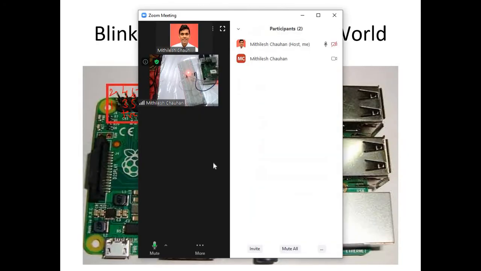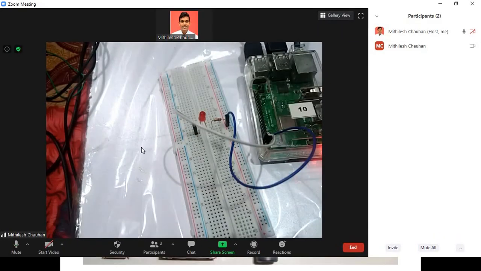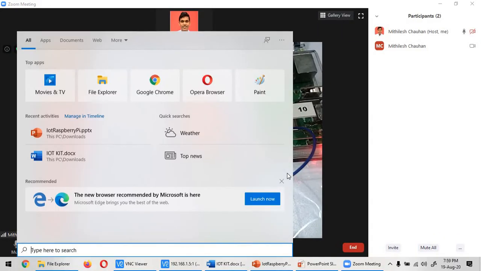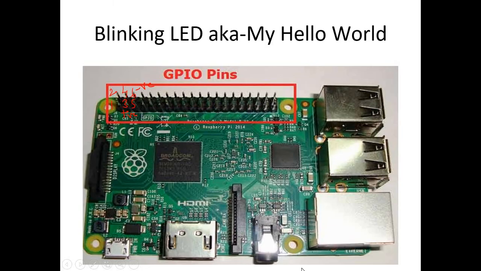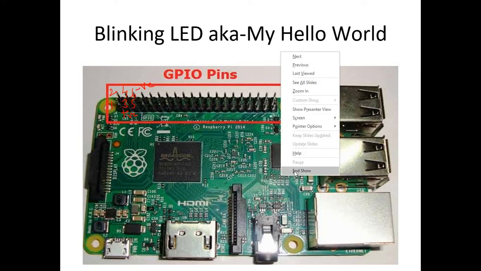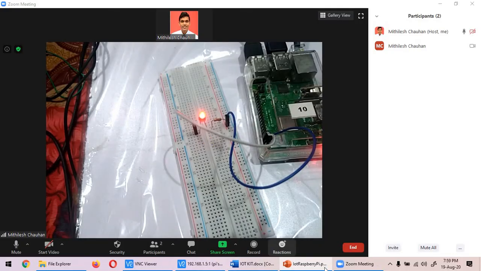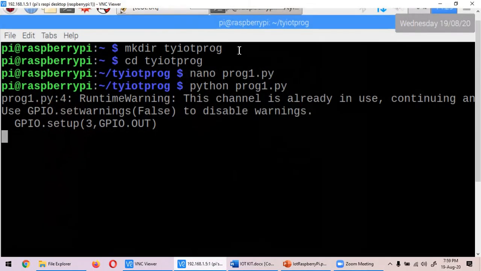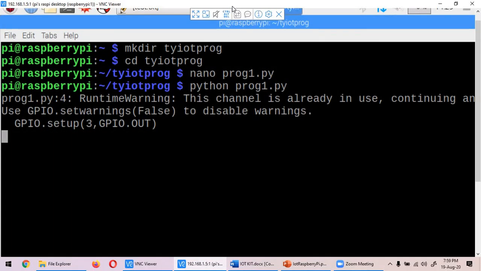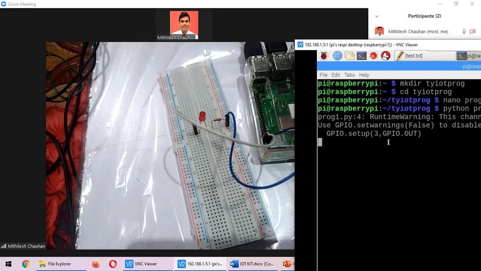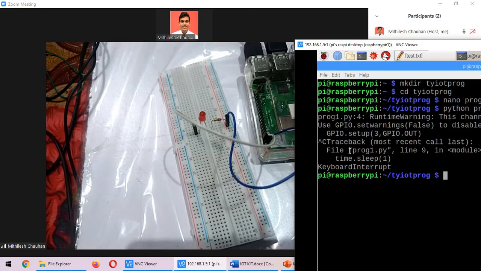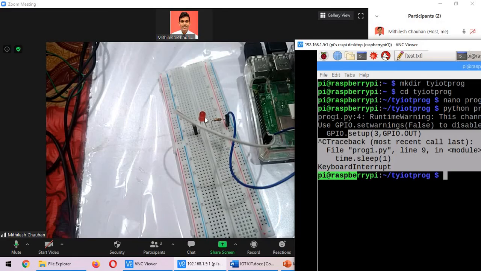So let me end the program. Yes. Now this program is running, and I'm going to stop it by pressing Control C. So as soon as the program is stopped, the LED is going to stop.